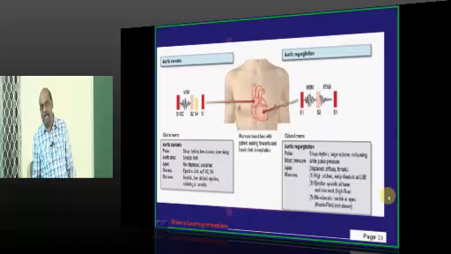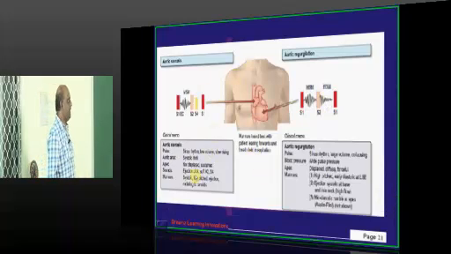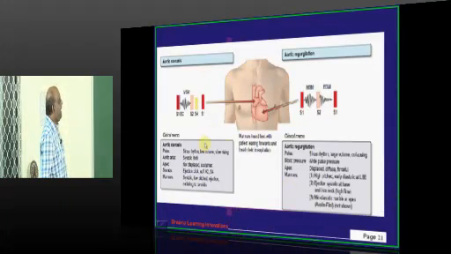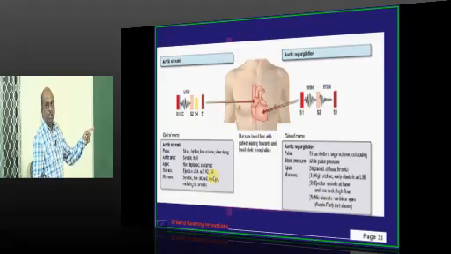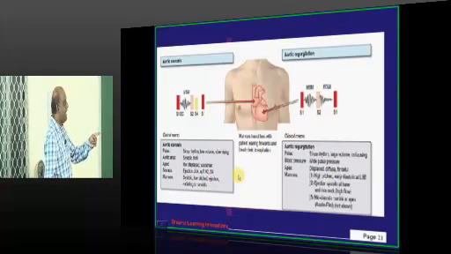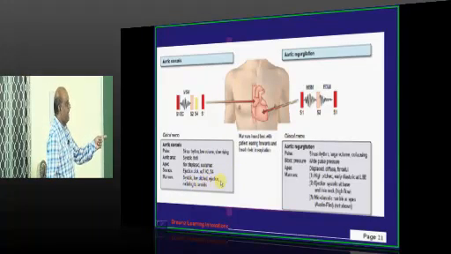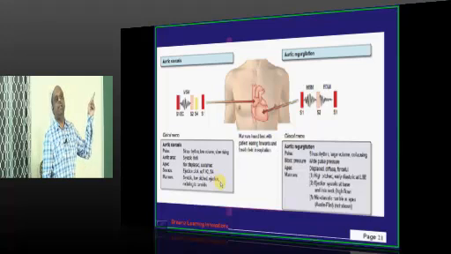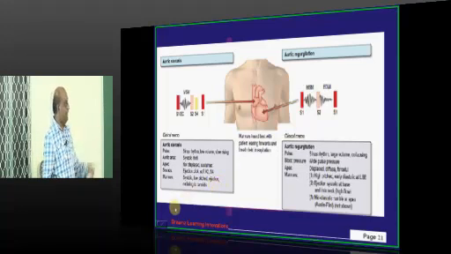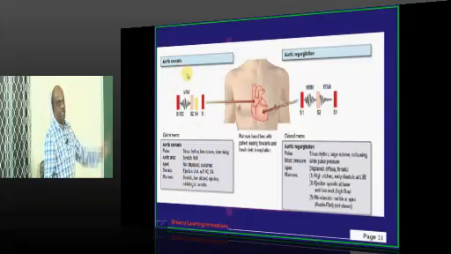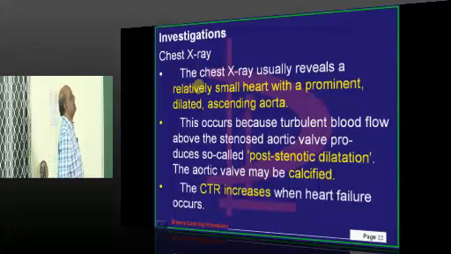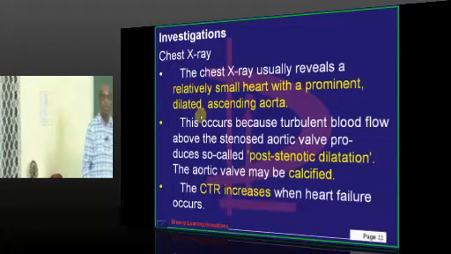So to summarize, doctor, what are the two important things? Aortic stenosis, aortic regurgitation. How do you differentiate? Typically in aortic stenosis there is a systolic thrill, an ejection click, a soft second heart sound, a fourth heart sound which is the atrial gallop, along with a systolic ejection murmur which is radiating towards the carotids. This is what you come across in case of aortic stenosis, is what needs to be remembered.